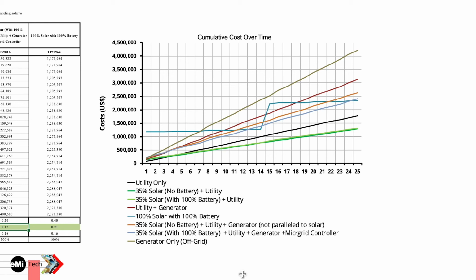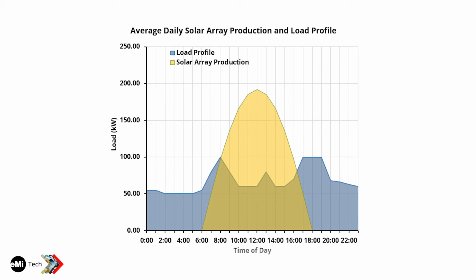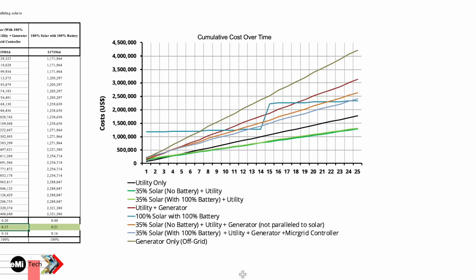And then the percent battery, for the purposes of the spreadsheet, is the percent of excess solar that we're storing in battery. I have some other plots later that show that. So during this time here, there's this much excess solar, so what percent of that do I want to store in a battery? We're seeing a lot more systems where that makes sense, so that's why we changed it to work that way. That's just shifting that power to other times of day, plus utility. So the battery may have some availability of power when the utility's off, but it's not necessarily all the time. It's just enough to handle the excess.